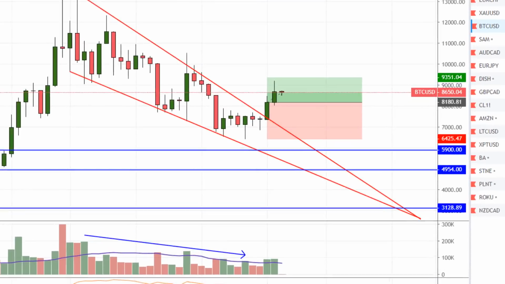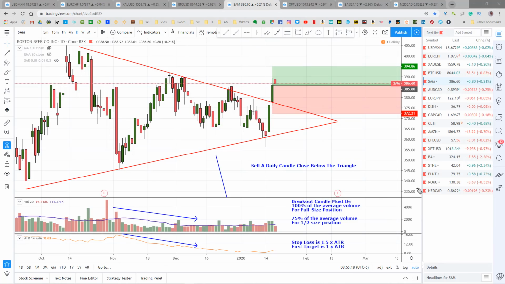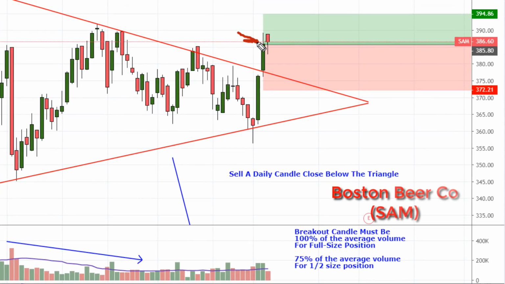And this Bitcoin bullish wedge setup came really close to hitting our target last week, but pulled back, so we wait. Boston Beer triggered a buy ahead of Thursday's close at 385.80-ish. In Friday's video, I had a short clip from Casey Stubbs showing you this same trade using options, and we're going to keep track of that over the next few days as well. Our stop, of course, is 372.21. Target is 394.86. You can see that it opened gap up and pulled back a little bit on Friday, but it still